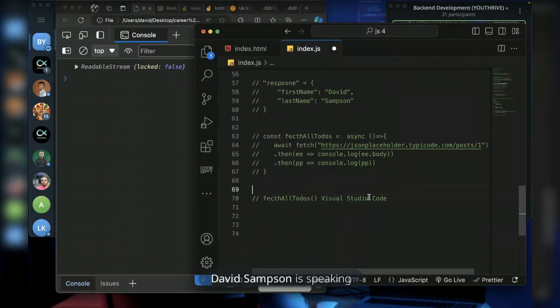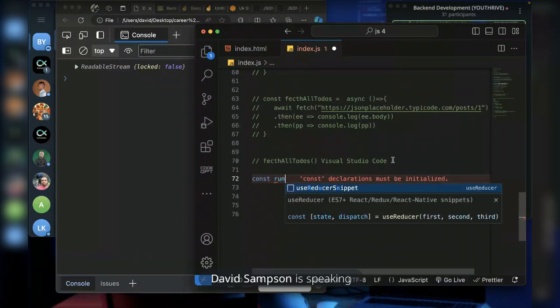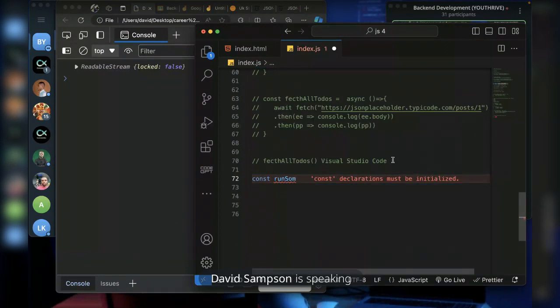So another way I want to do this is this. I'll write a function here, and I'll call it run something. So I have a function. Now, I know that this function is supposed to fetch me data.